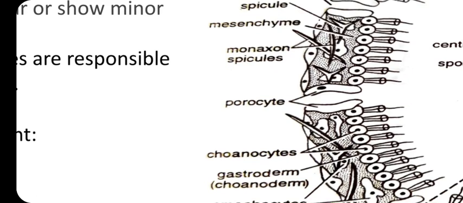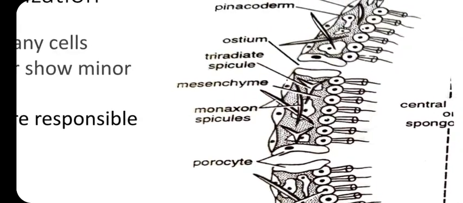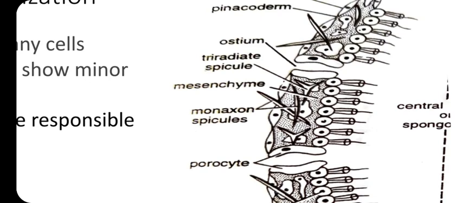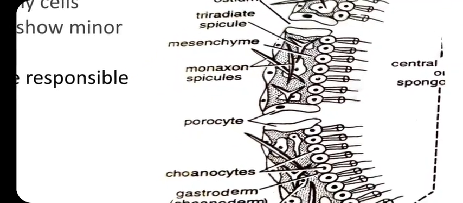And then you can also see the fibroblasts. So these fibroblasts are again a third type of cells. What is their function? They secrete spicules. Okay, and there is a porocyte. These porocytes are nothing but the cells that form the ostium or ostia, a characteristic feature of sponge, through which the external water enters into the spongiocele, which helps in all the physiological activities.